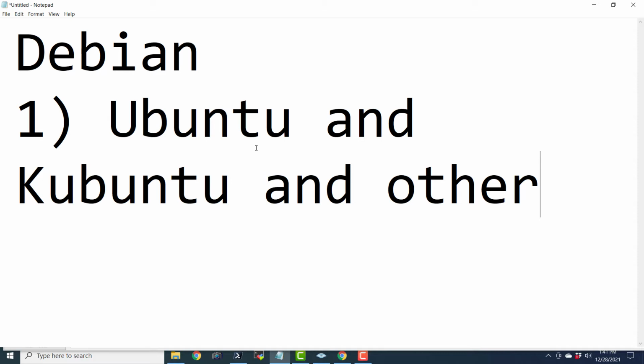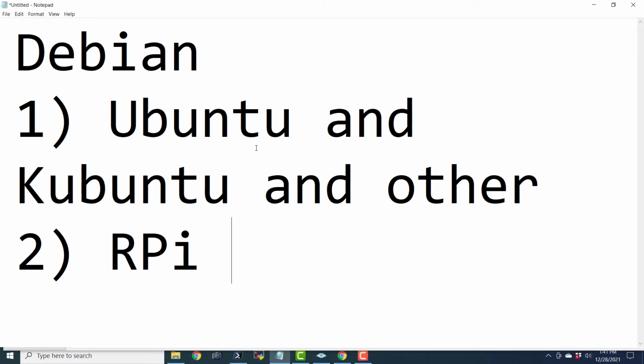So basically every set of users will have their own specific requirements and their own distributions. Another distribution is something that we have already discussed, RPI OS, that is Raspberry Pi OS.